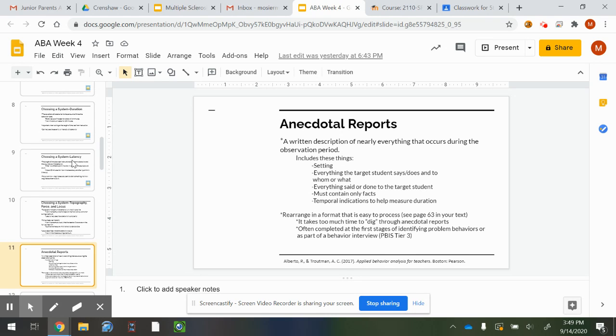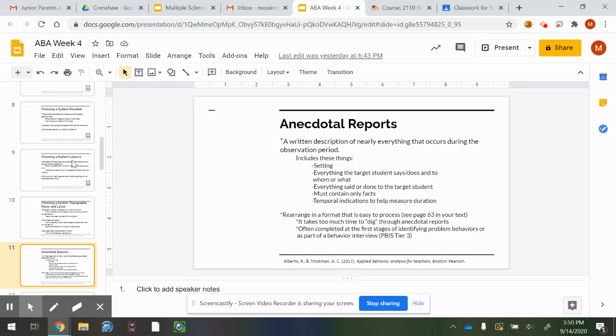Honestly, as an educator, using an anecdotal note is kind of the first stage of identifying a problem behavior. It's your first step of data collection before anyone else gets involved. It's basically your information to take to a care team or a PBIS tier 2 team to say, hey, I'm noticing some struggles with this kiddo. And that's